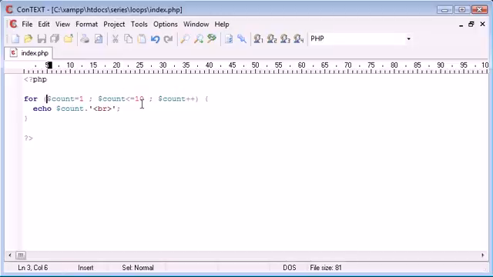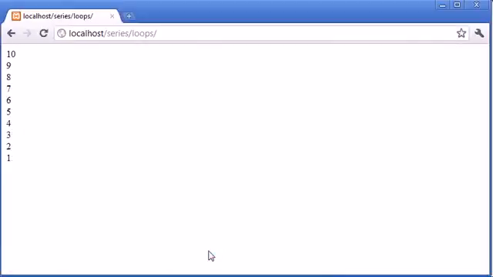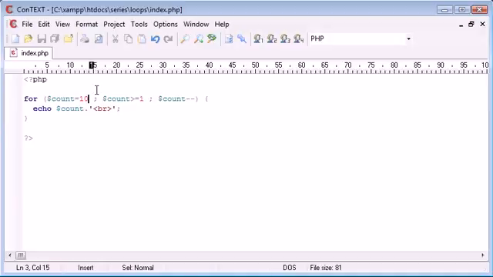It's neater as well. If I was to just simply change that to greater than, this to minus, so that's decrementing it, this to 1, and this to 10, now what we're doing is we're counting from 10 to 1. So we've just changed those three parts of the expression around, where we're saying count is equal to 10 initially, while count is greater than or equal to 1,